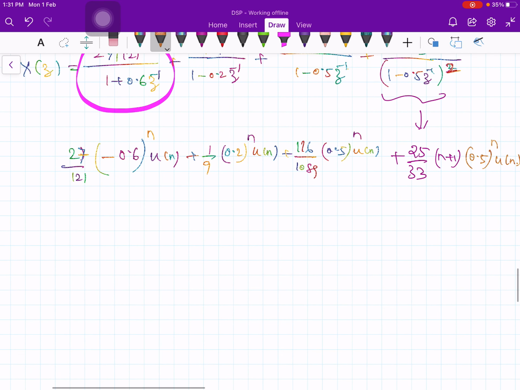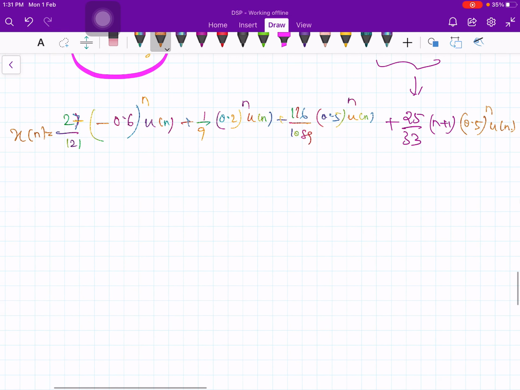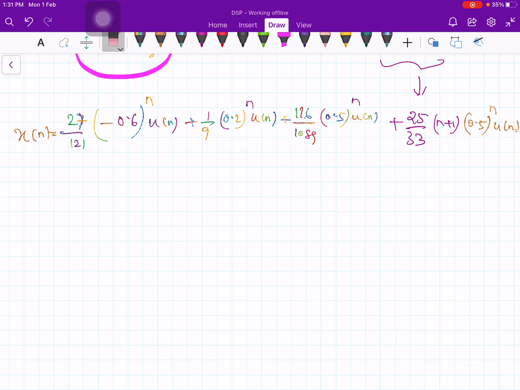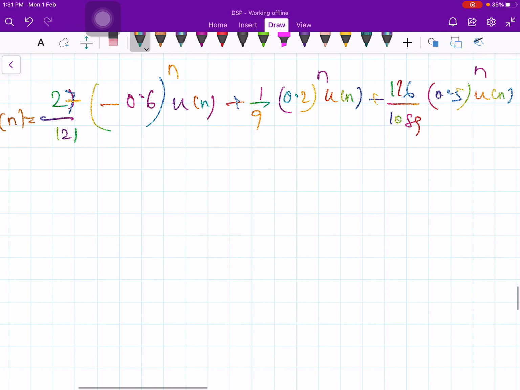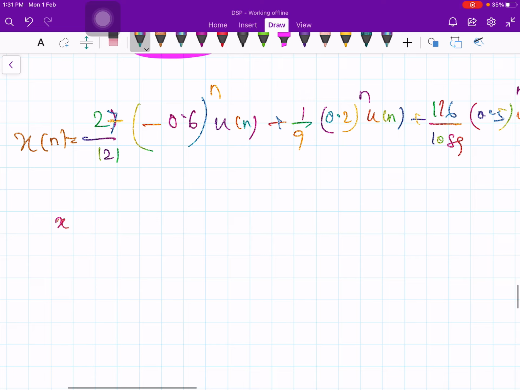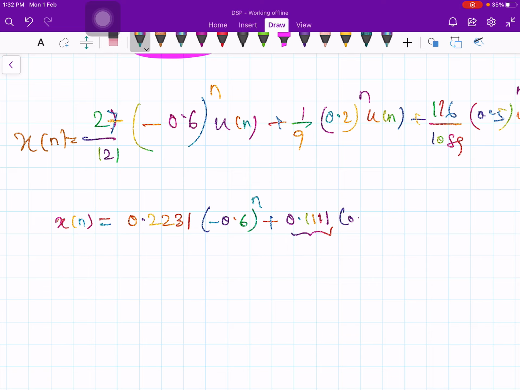This is x of n, or I can write x of n is equal to 27 by 121, which is 0.2231 times (minus 0.6) whole to the n, plus 1 by 9, which is 0.1111. I kept the precision up to 4 digits, okay, and (0.2) whole to the n